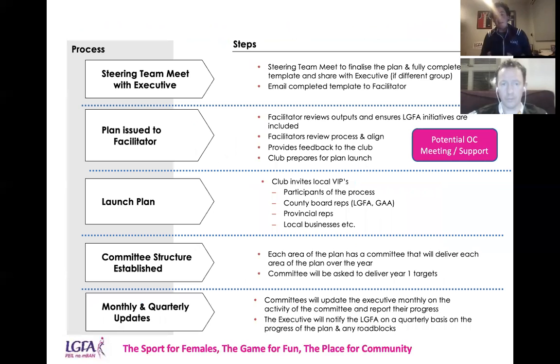The next step then, and I know I said there was only 3 meetings, but there's a few more wee things to do just before you actually have a plan in place. And a really, really important part of it is to meet with the club executive. Now, you might have a number of the club executive on the plan steering group, but you don't want to be in a situation where you have the club executive,